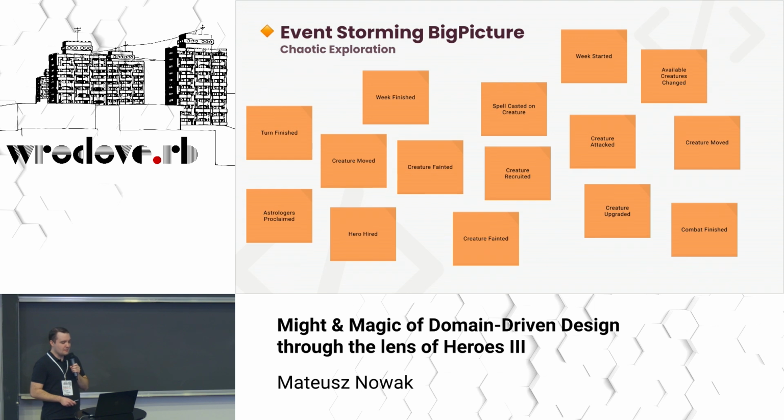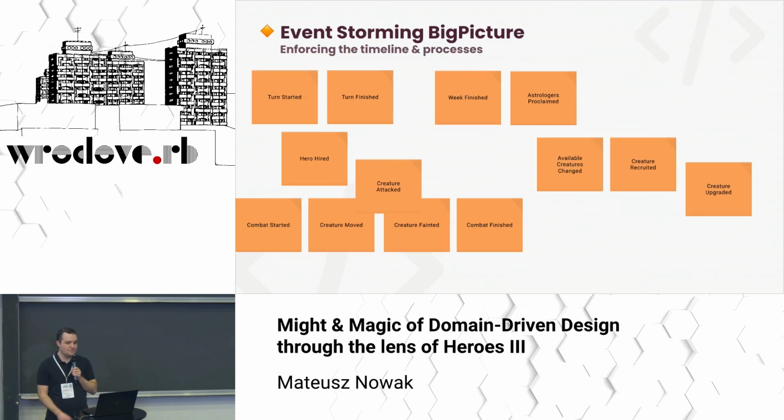So about event storming, there have been many conference talks already, and we have a great book on this topic by Alberto Brandolini, the author of the method, so we'll go through it quickly. We started the workshop by brainstorming with a domain expert, and we found many events that occur in the domain of Heroes 3. You've seen them even in the first example. Creature fainted, hero hired, creature attacked, the week started, creature moved, allotment happened, combat finished. We see the combat results of our hero already. Later, we sorted them on the timeline and found some business processes.